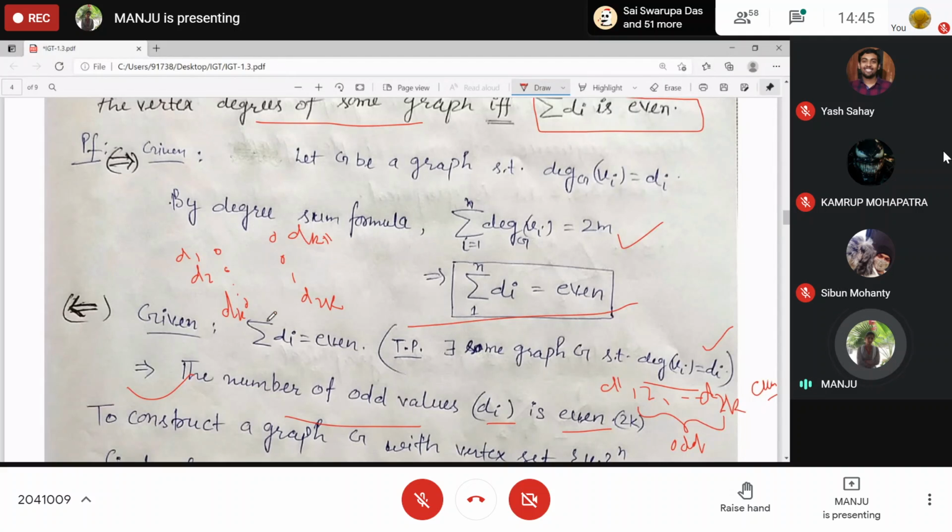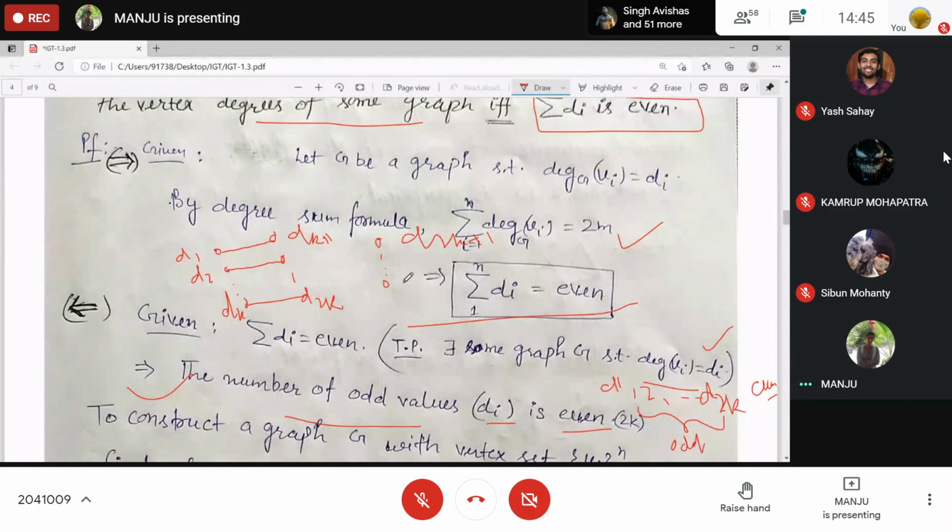So we want to form a graph in such a way that the degrees become these odd numbers. First, what I am doing is inserting one edge for each pair. For each resulting pair, I am adding one edge. And here we have d2k plus 1 up to dn, all the even numbers.